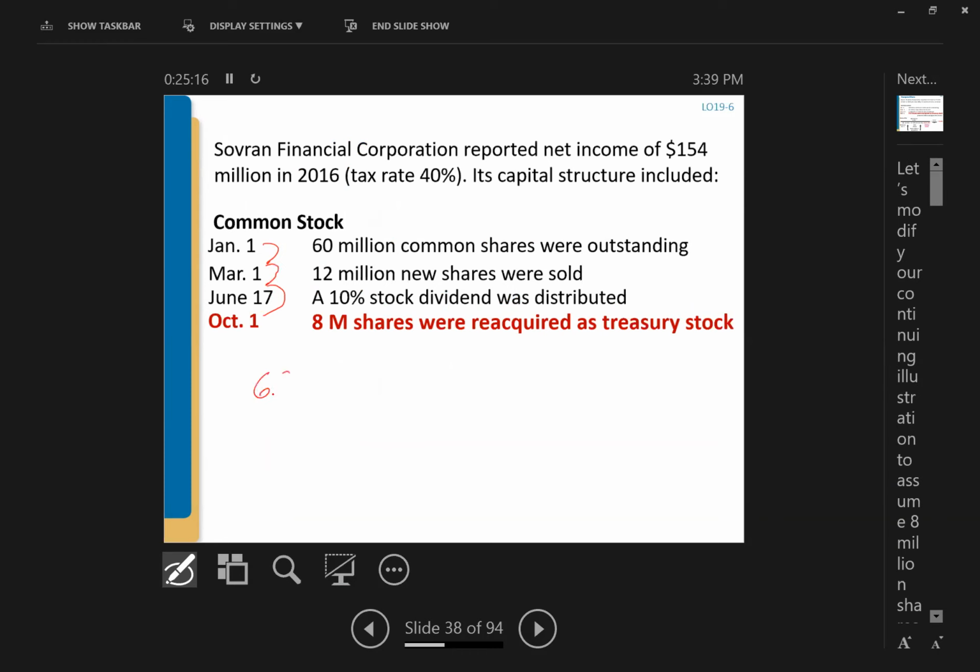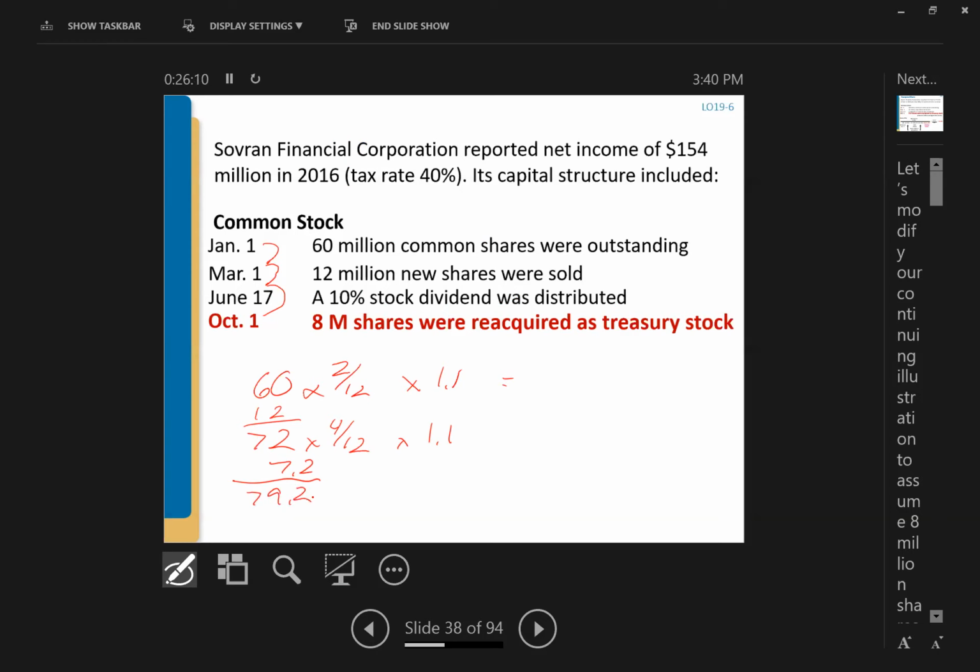We had the 60 million. We multiplied that times the dividend of 1.1, and the number of periods, so January and February, or 2 over 12. Then we had March to June, that was the 4 months, right? We had sold 12, so that brought us up to 72. And we multiply that 4 over 12 times 1.1. But that's when we gave the 7.2,